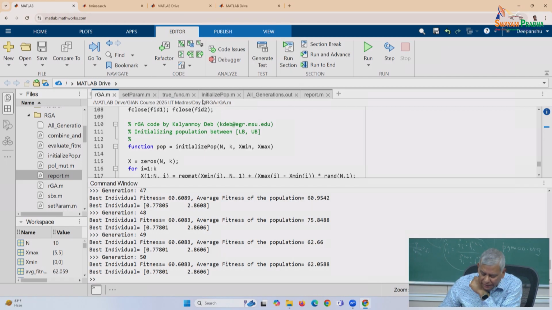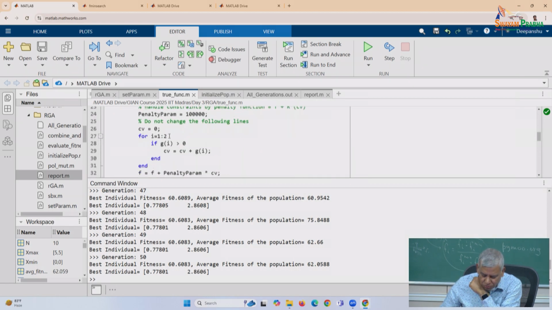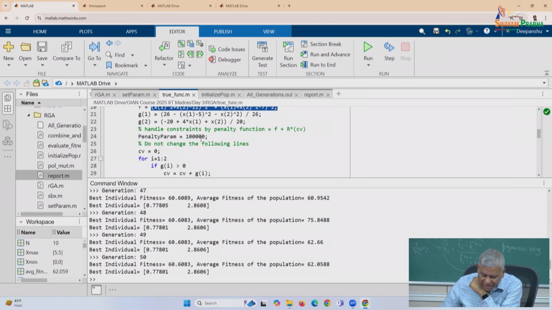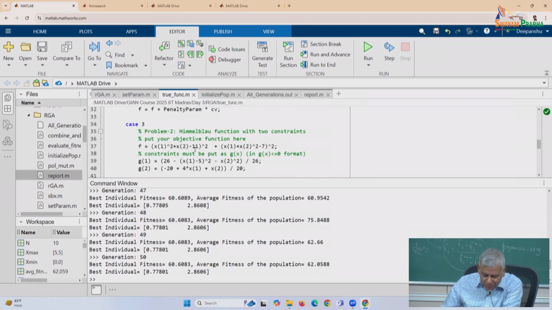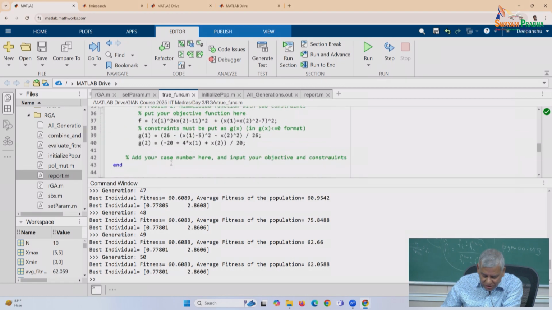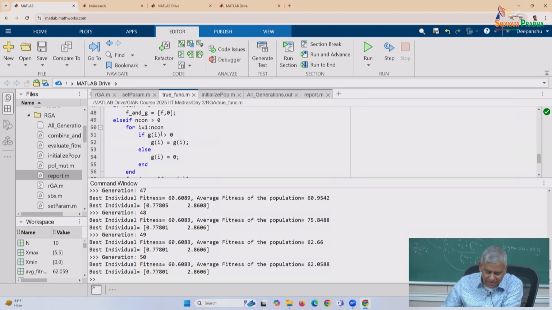Now let's go to the true function. So we did the penalty function, right, with case 2. I put a very large penalty because in that case we can get very close to the optimum. Now I'm going to use this penalty parameterless approach that you did in the homework. Same problem, same definition, only thing is I'm not adding the penalty here. I'm actually saying let's keep these 2 constraints, and I have a little piece of code that does the penalty parameterless thing. So you see it actually computes the constraint violation and sends the constraint violation value and the function